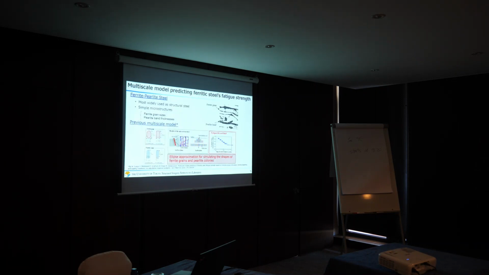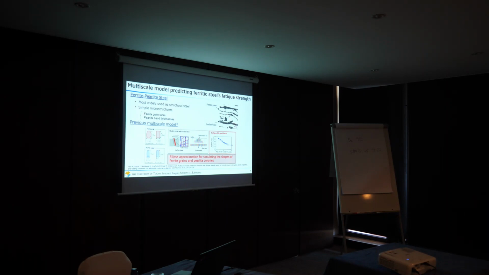And recently, we proposed a multiscale model to predict the fatigue strength of the ferrite steel. We know the ferrite and pearlite steel is the most widely used as a structural steel, and it has simple microstructures which can be characterized by the ferrite grain size and pearlite band thickness. So in our previous model, we made an ellipse approximation for simulating the shape of the ferrite grain and pearlite colonies, and we generated the grain distribution on the surface plane and the inside plane. So finally, we can predict the fatigue life and the limits, which can get a good agreement with the experiment